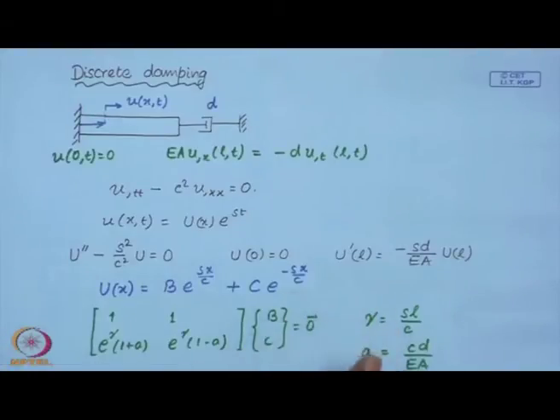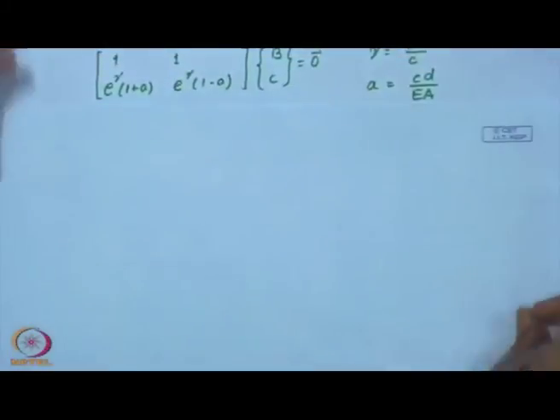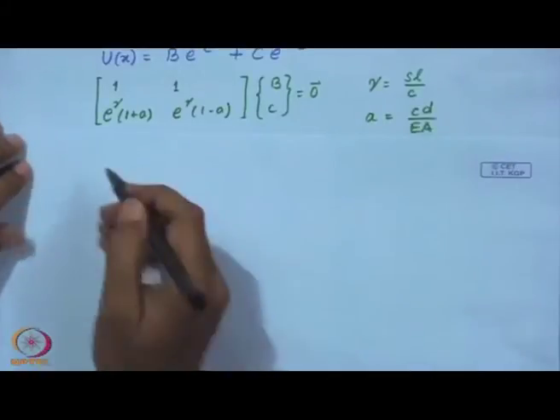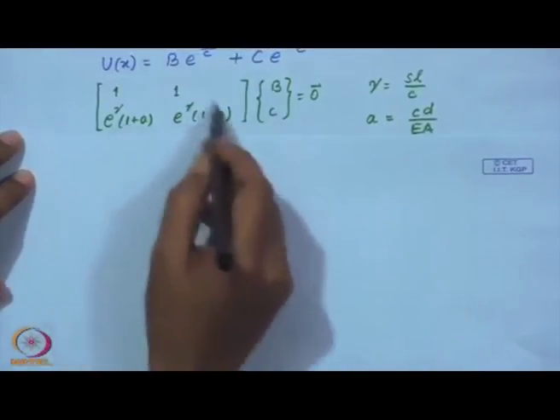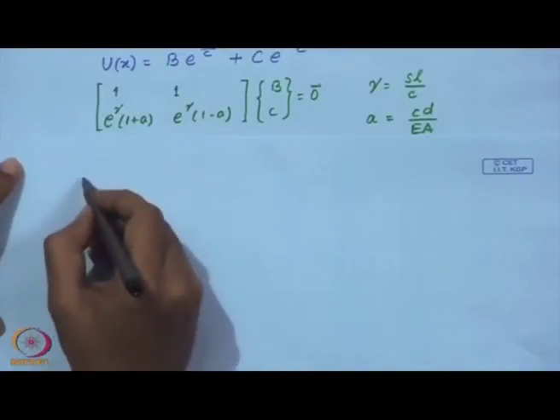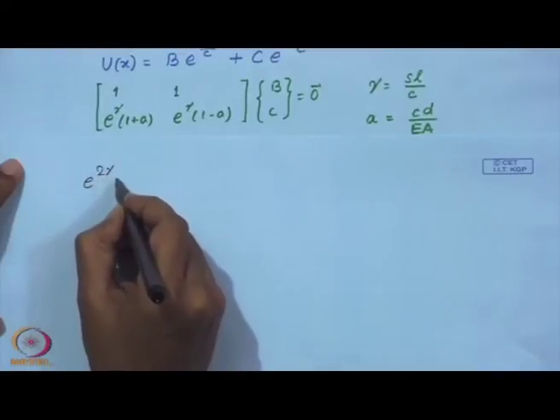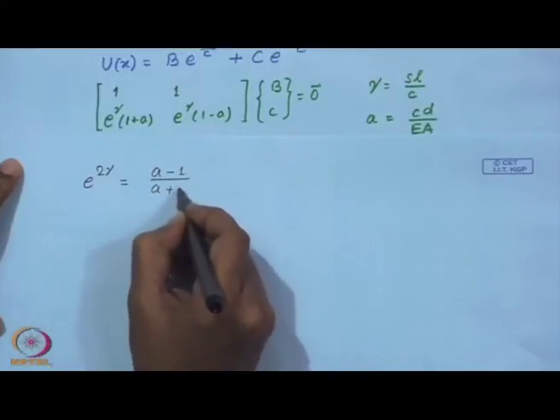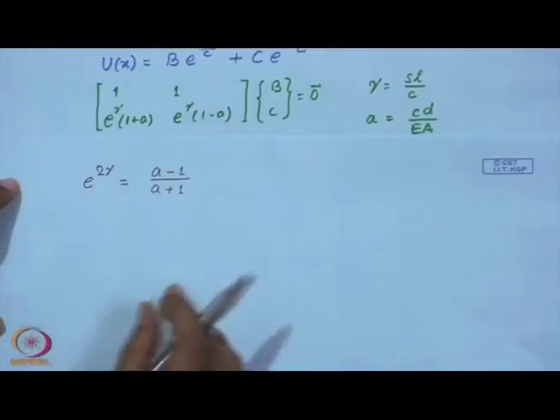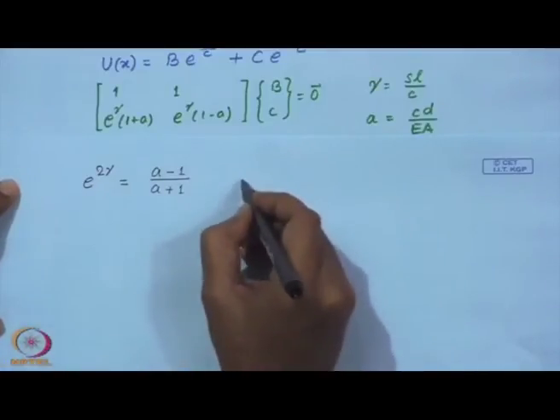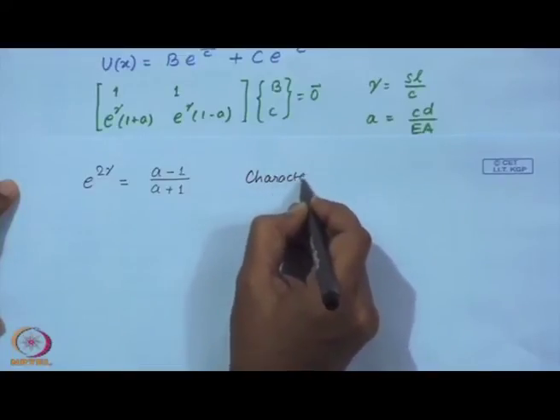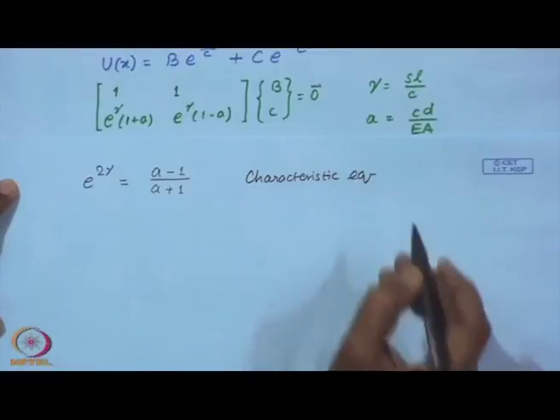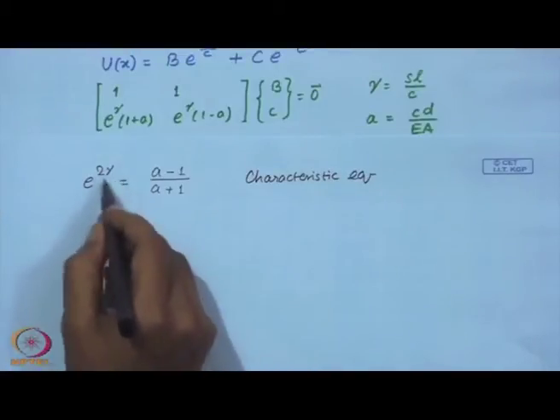So, we have to solve this system. For non-trivial solutions of B and C, the determinant of this matrix must be 0, which leads us to, as you can very easily find out, this equation, which is the characteristic equation, and which can be solved for gamma